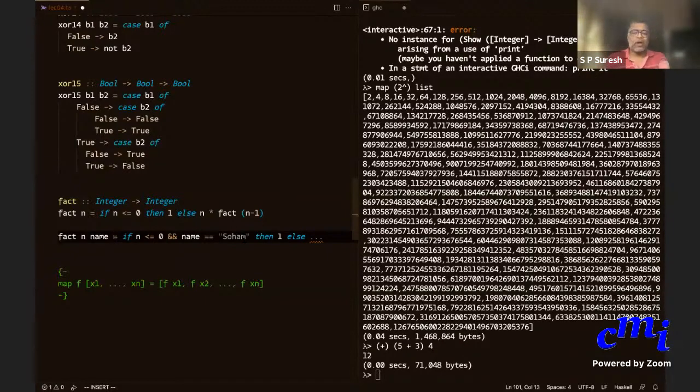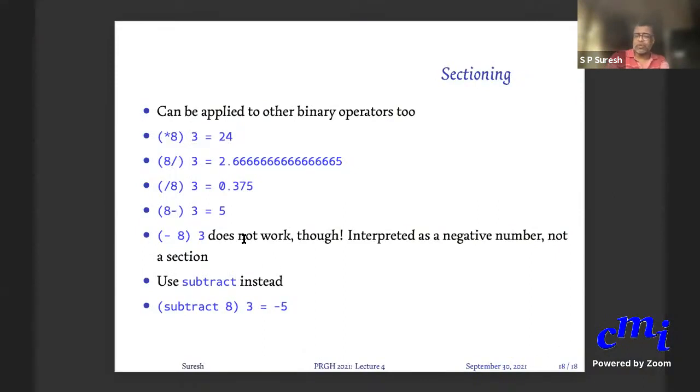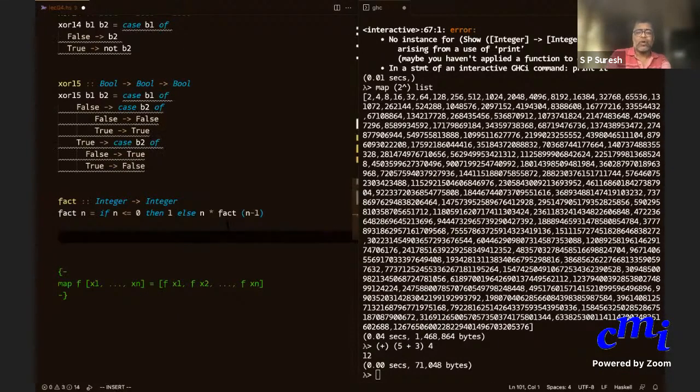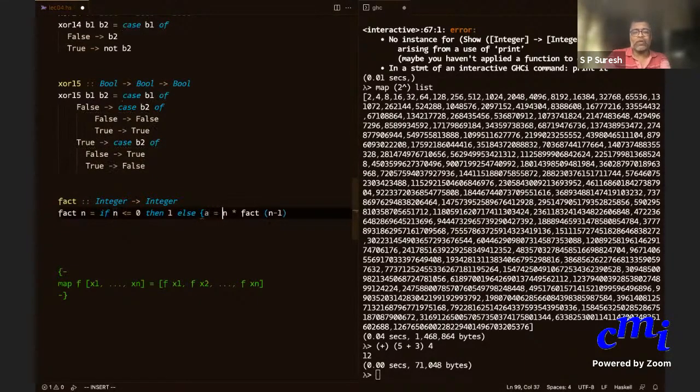We will look at other ways to do things, local definitions, etc. We'll see in the next class. Okay, I see your point. So rather than this, you really want to say a equals n factorial and return 2a sort of.